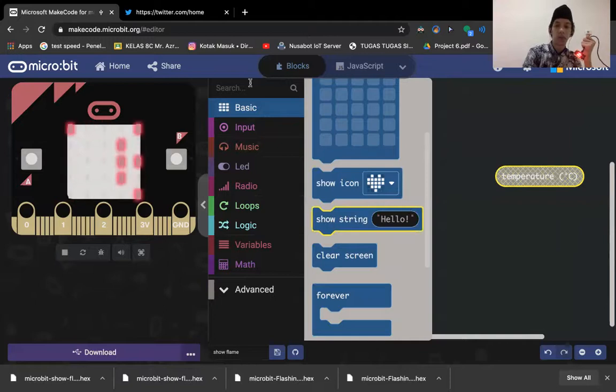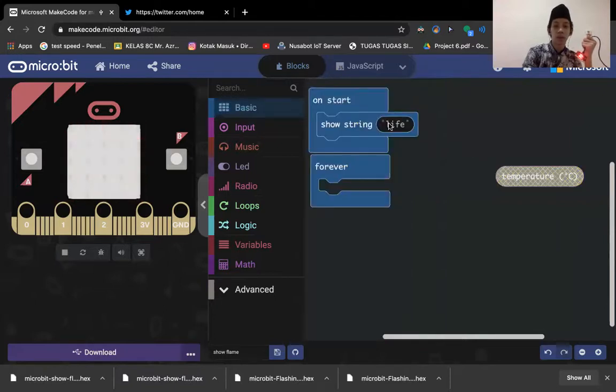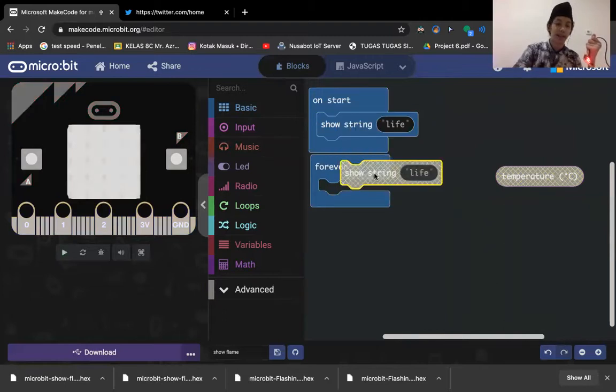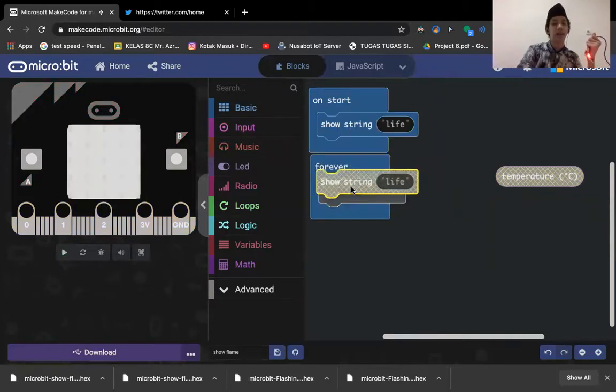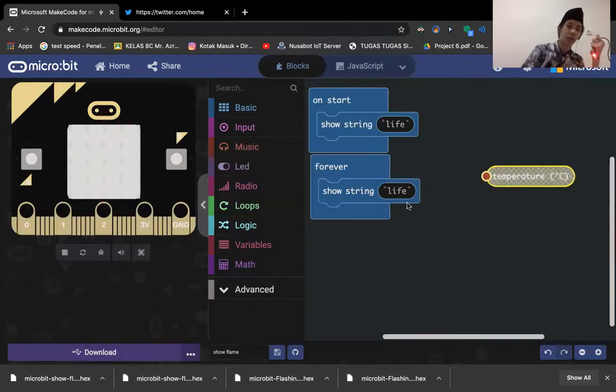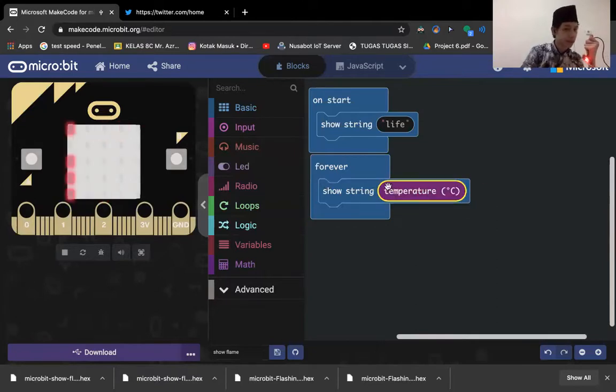But if you already go to here, you can double click in here and duplicate. Okay, duplicate, and here forever and show string, and you go to temperature to here and show string temperature,